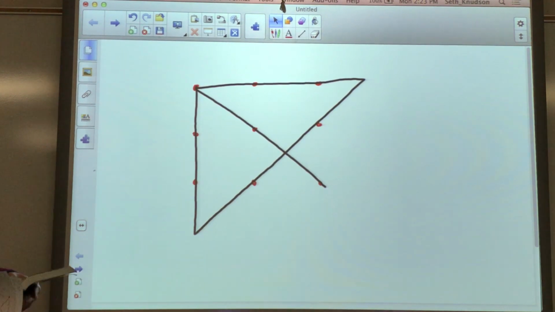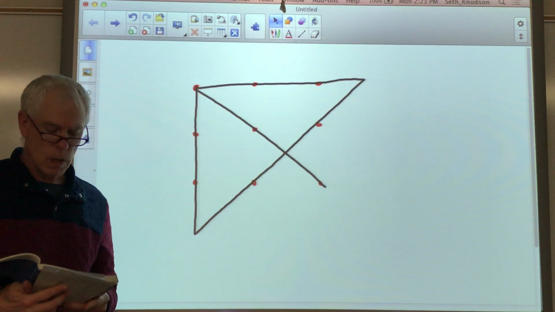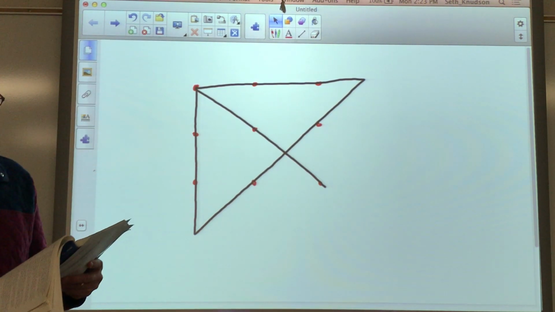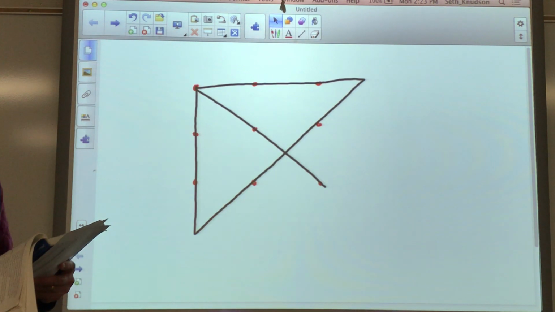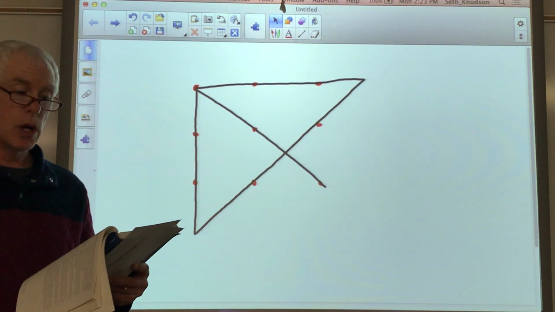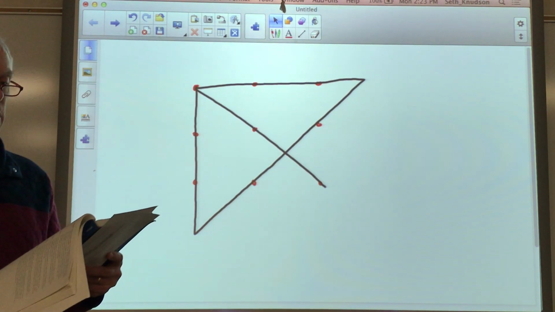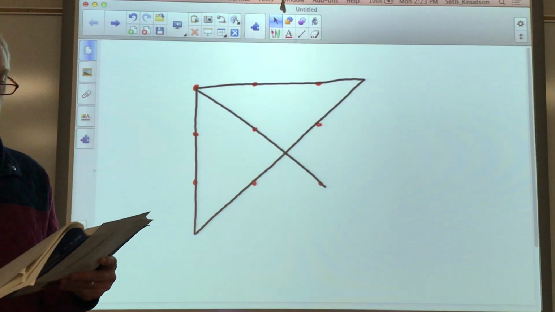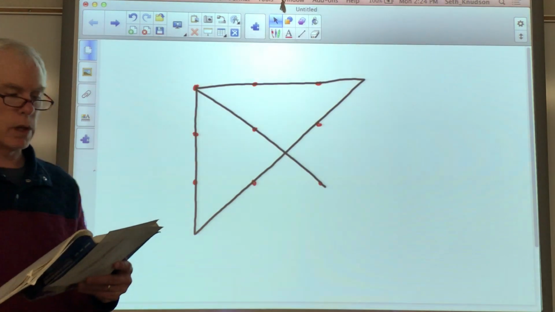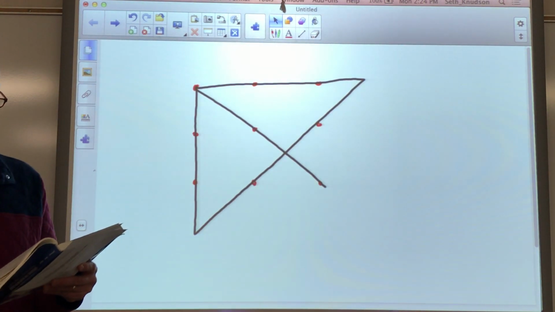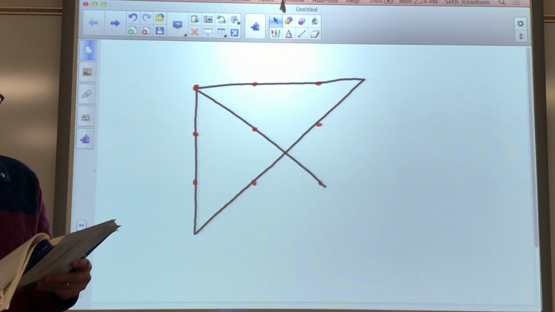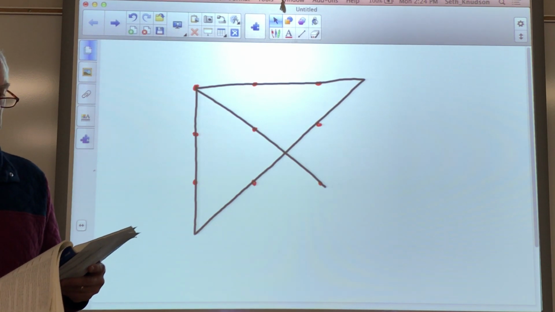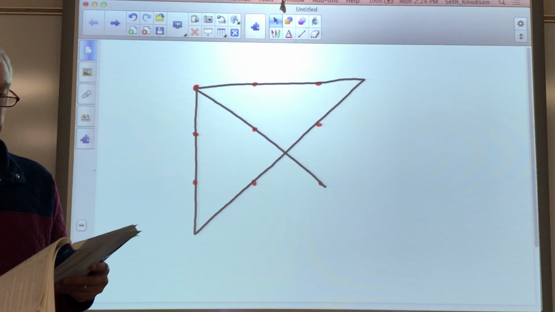So the second one is the human factor. Okay, it's on page 446. It says, Mayra is a human computer. She has appeared on talk shows to show off her amazing ability with numbers. One type of problem Mayra is very adept at is this. A person from the audience will give Mayra a number, and Mayra will immediately be able to tell how many 1-digit factors that number has. For example, if you were to say 50, Mayra would say 3 because 50 has 3 1-digit factors, 1, 2,